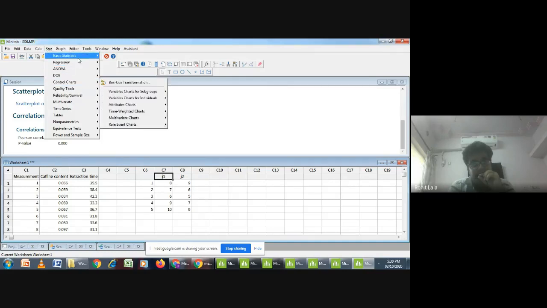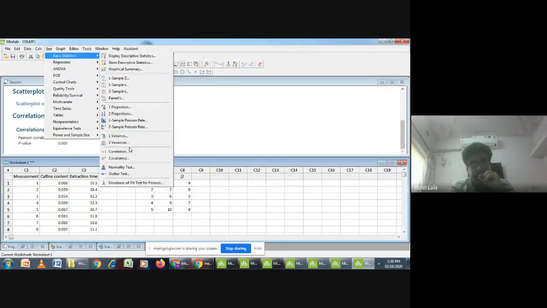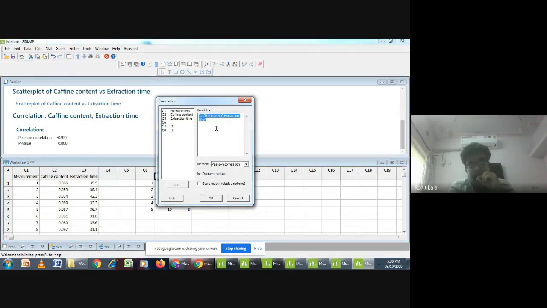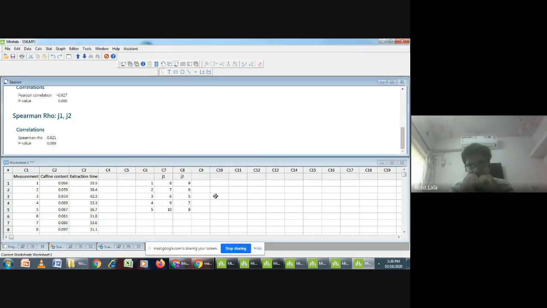You just need to go to Statistics, Basic Statistics, then Correlation, change all the variables, just write J1 and J2. Here you need to change to Spearman's rank correlation method, and on the basis of it you will get the answer. Yes, there is a positive correlation, that is 82%. So their ranks are matching on the basis of 82 percent.